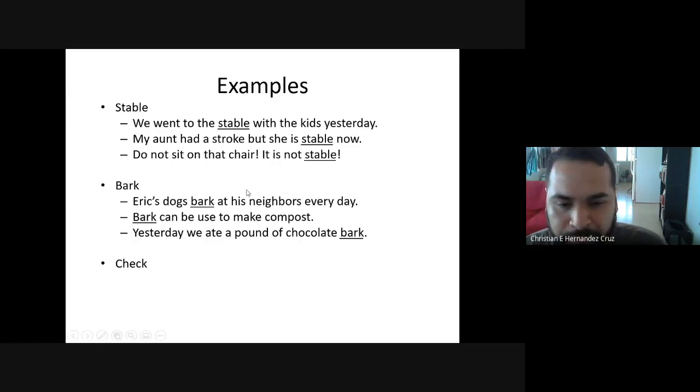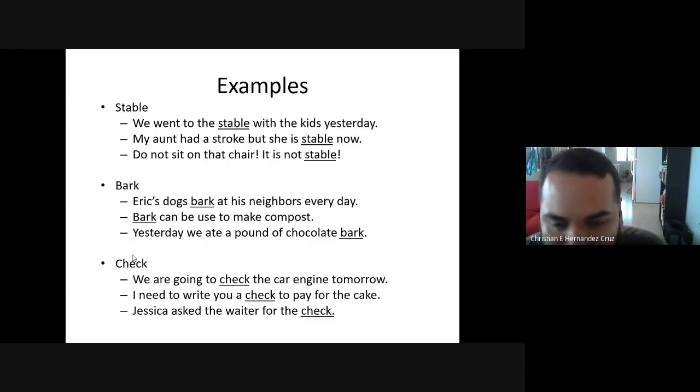And going on to check. Of course, tenemos diferentes usos para check. I'm assuming that you guys already have a couple of them in mind. We are going to check the car engine tomorrow. So this is a visual inspection of the engine. I need you to write a check to pay for the cake. So this is actually, the